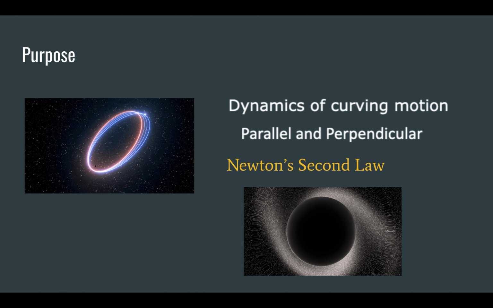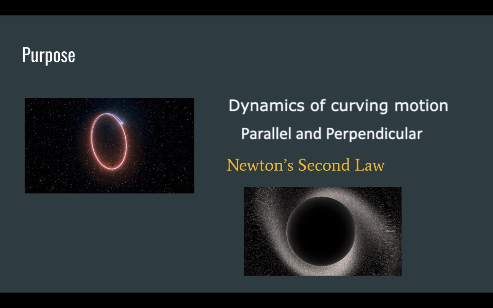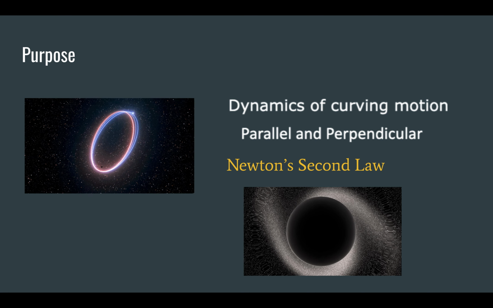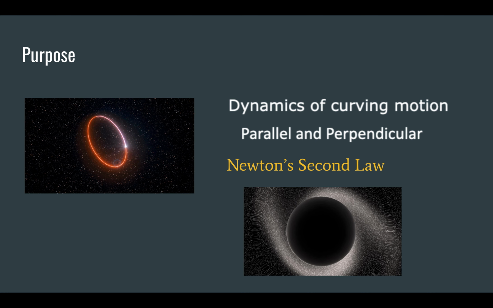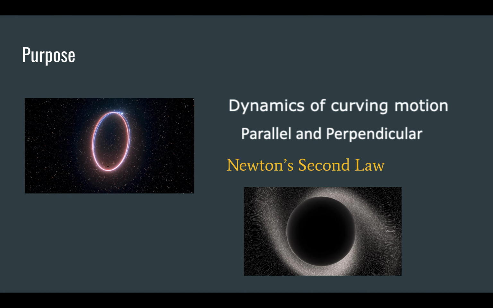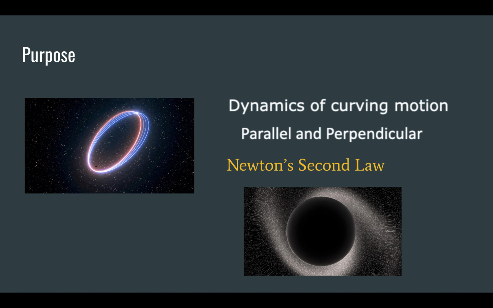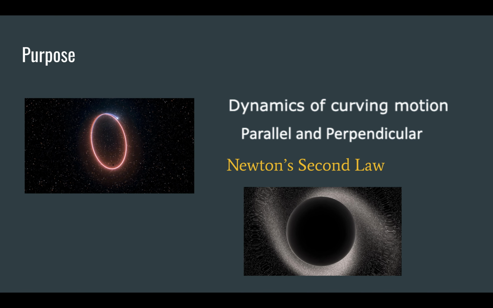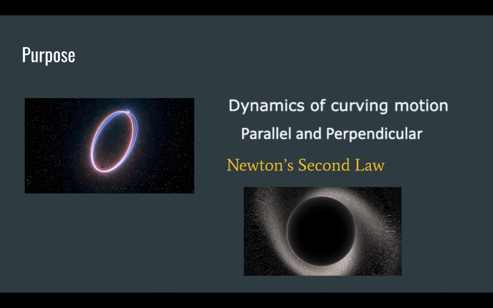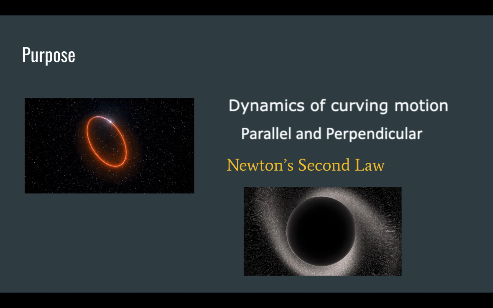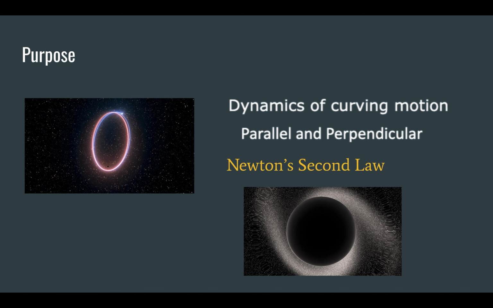So the purpose of this lab was to use Python code to analyze a star's motion that is orbiting a black hole with unknown mass, and the trajectory of the star is unique to my email address. And then I used Newton's second law and the dynamics of curving motion to find this unknown mass for the